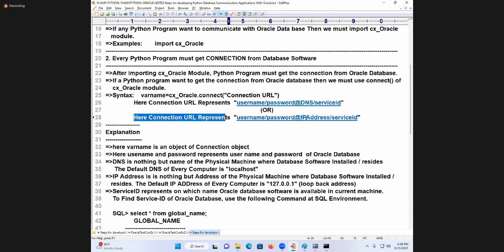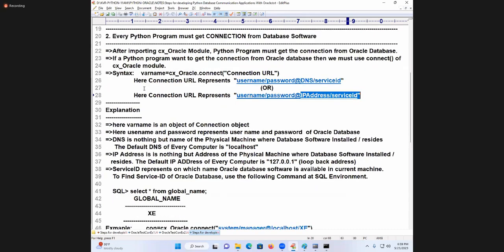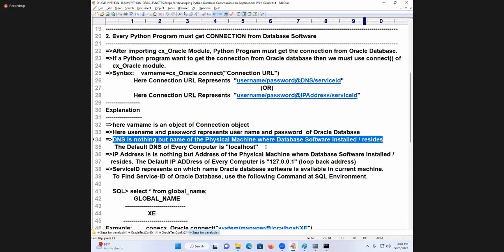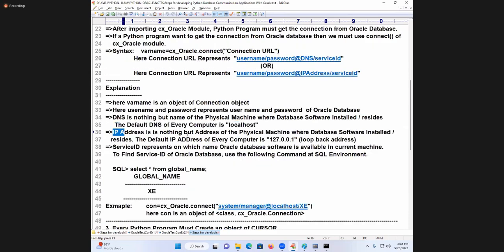Connection URL represents DNS or IP address. Here I am writing point to point. Here the variable name is an object of the connection object. Here username and password represent the username and password of Oracle database. DNS is nothing but the name of the physical machine where database software is installed or resides. The default DNS of every computer is localhost. IP address is nothing but the address of the physical machine where database software is installed. The default IP address of every computer is